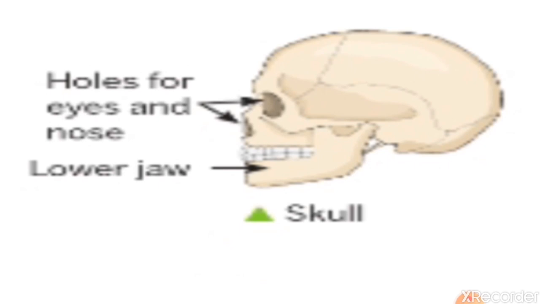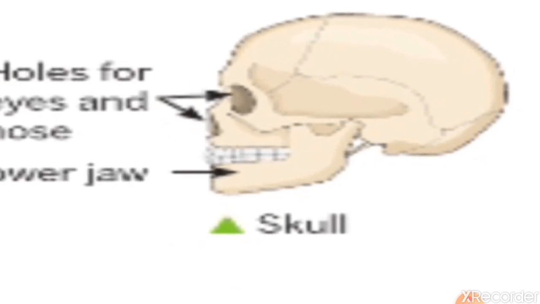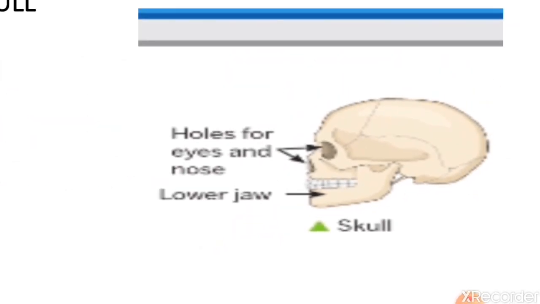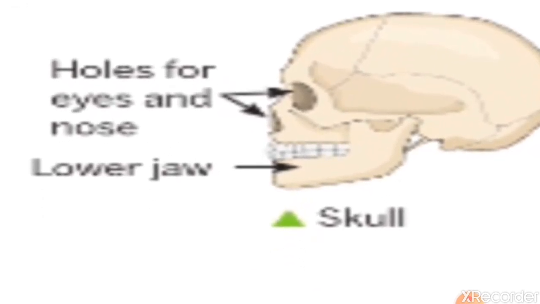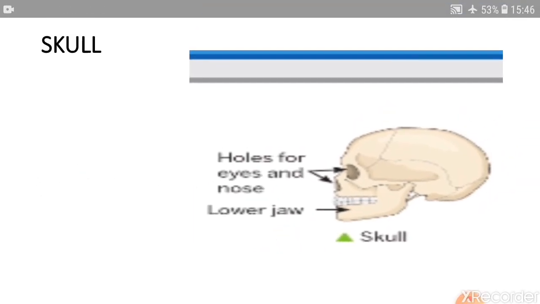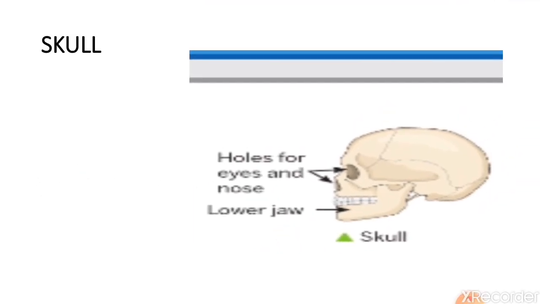Okay, now next, can all the bones move in the skull? No. Only the lower jaw can move, remaining all are immovable. What is the function of this lower jaw? Why is it moving? It helps in talking and eating. With the help of this, we can speak and we can eat. Which is the longest bone in our skull? The longest bone in our skull is the lower jaw. So see, in that way, easily with the help of these questions and answers, you can learn about the skull.